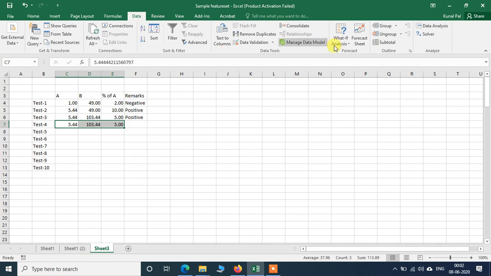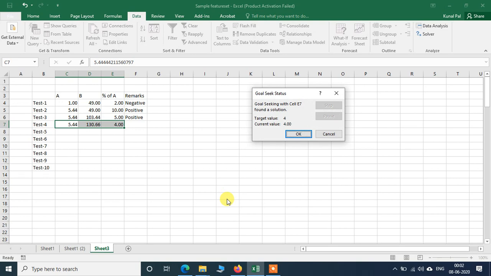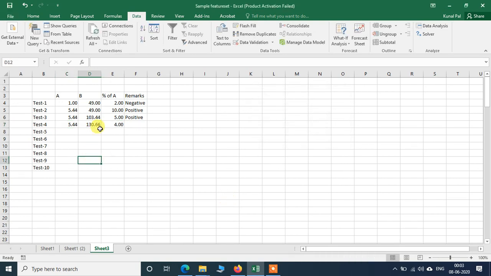So again I will go to what if analysis, goal seek. I want to change this cell to 4. Then by changing cell, again we are reducing, so we have to add more of the solvent. So we have to change this cell. Click OK. See, we have to add some volume of the aqueous solution.